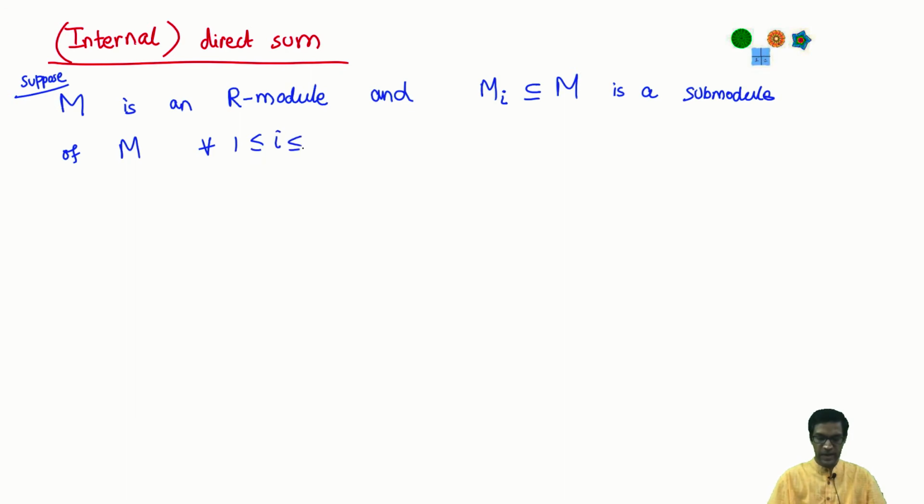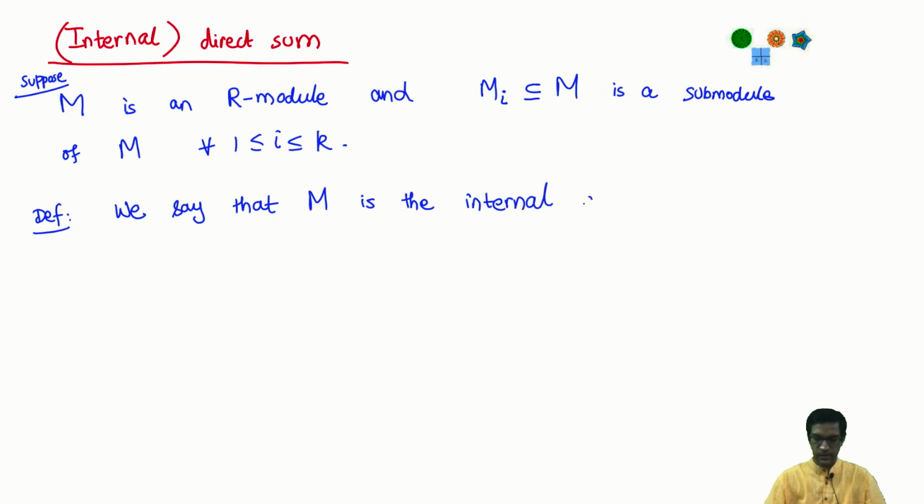So I have k different submodules of my module M. Now, definition: we say that M is the internal direct sum of the Mi,